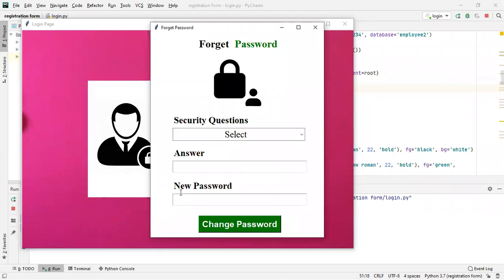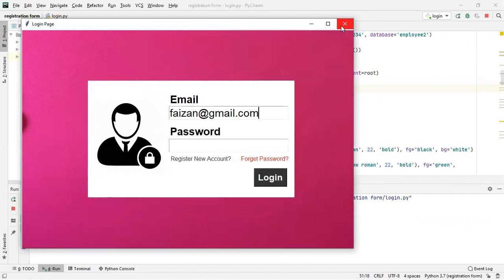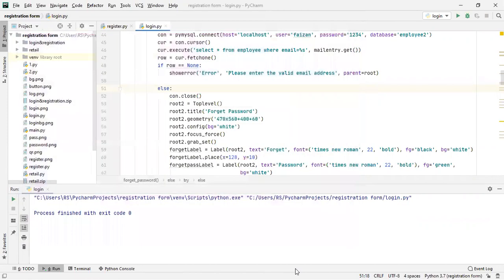So we have to create this particular window. This window which is on top of the main window is known as a top level window, because it is on top of another window. So let's create this top level window.